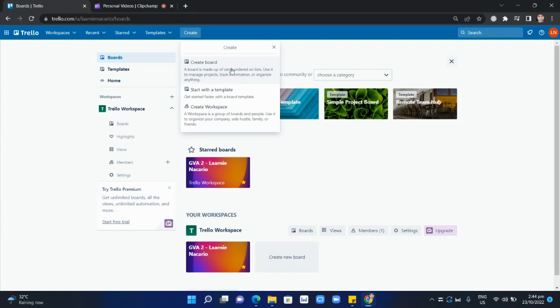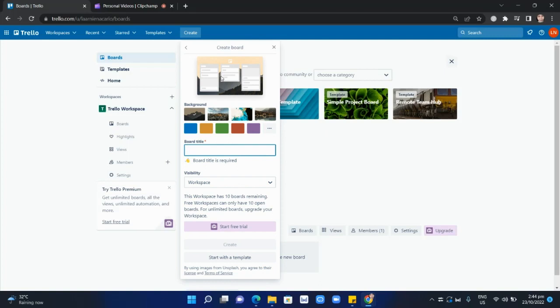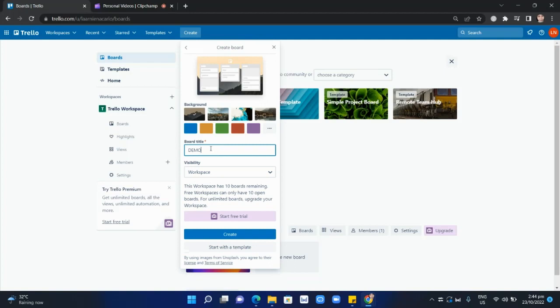So just to share, you can also choose or start with a template. This will automatically generate templates or layouts for you. But for today's video, let's just create a board manually. So click on Create Board, and then the very first thing that you need to do is to give your board a title. So this can be your project's title. So let's just say it's demo, and then